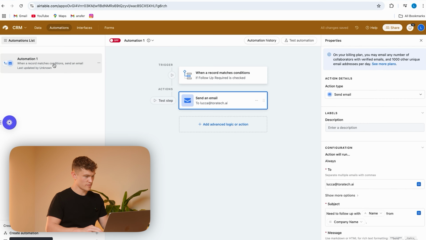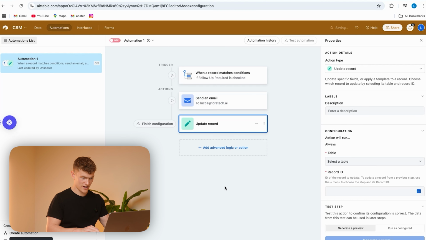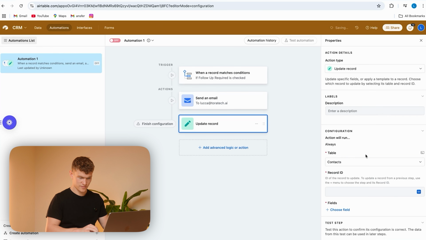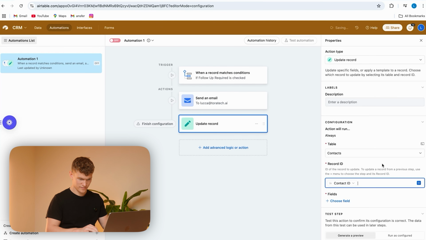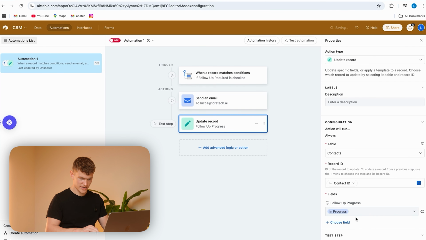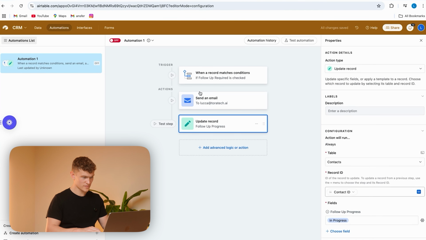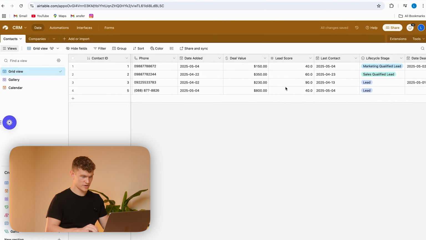Let's go back to our automation then. And when the email is sent, then we'll go to update record, and it will be select from contacts. Record ID will be contact ID, and then fields, follow-up progress, and this will be in progress. Great, so if we put this live, go back to our data,